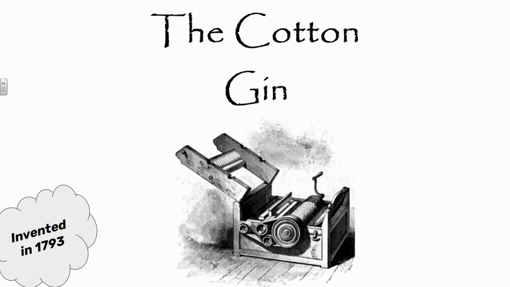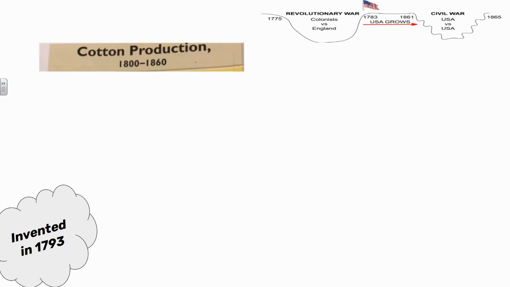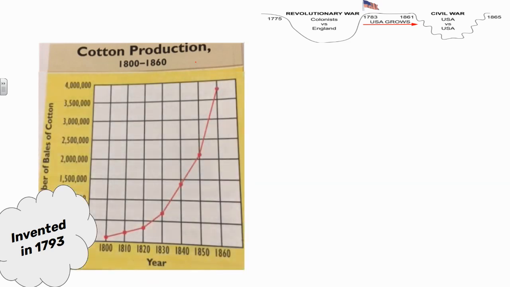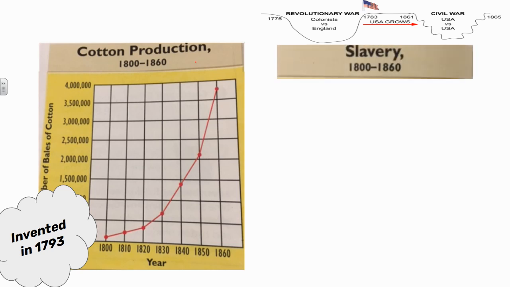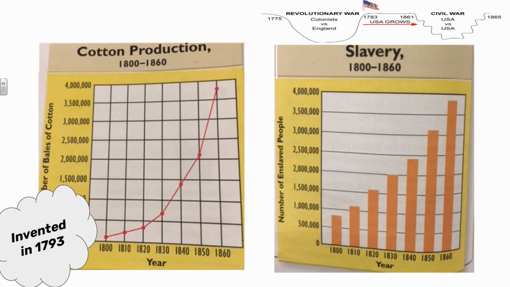Now, if you take a look at the year 1793, that should be almost a direct connection to those graphs that I showed you. It's around the year 1800. And so pretty much right when Eli Whitney's cotton gin was invented, that's when the amount of cotton grown in our country skyrocketed. And right as the growth of cotton is skyrocketing, at the same time, slavery is increasing. And a lot of my previous students have always thought, well, if the machine is doing the work of the slaves, shouldn't the need for slaves decrease?